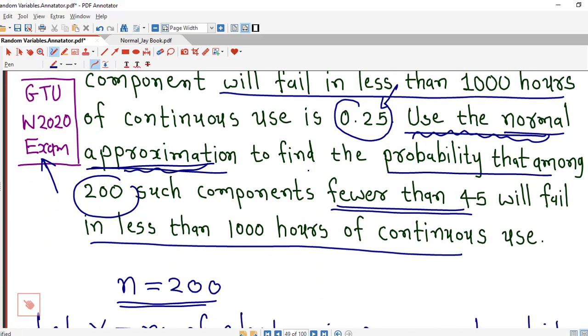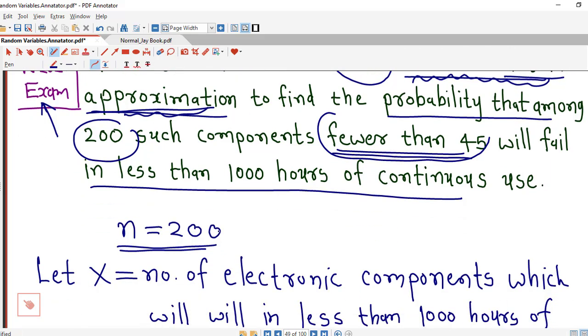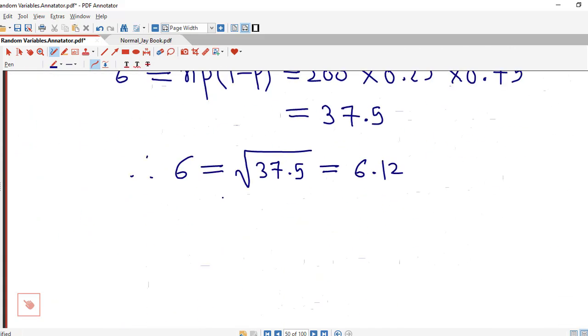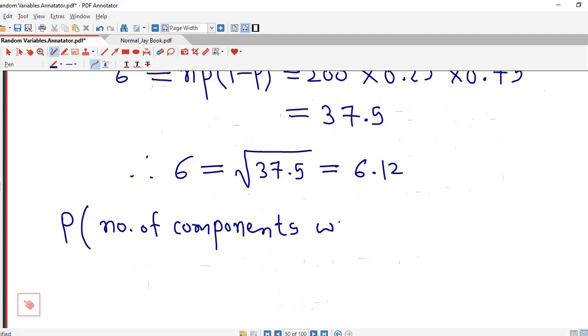So use the normal approximation to find the probability that among 200 such components, fewer than 45 will fail in less than 1000 hours of continuous use. So now we are asked this probability: the probability that the number of electronic components, or simply components, which will fail